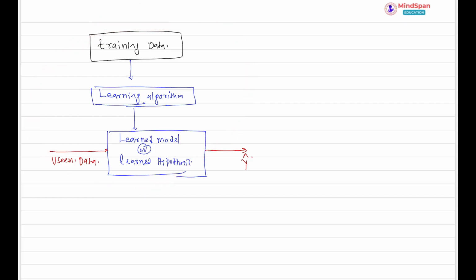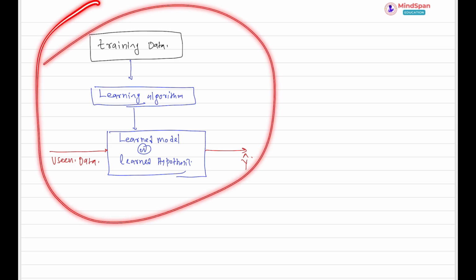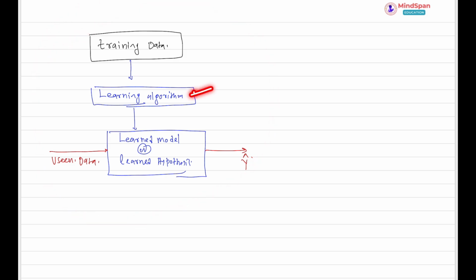So the specific learning algorithm we will be using will depend upon the type of problem that we have. Maybe it is a classification problem, or maybe it is a regression problem, right? But the big picture remains the same, right? Here, what will be the learning algorithm? Again, it will depend upon what kind of problem we are talking about,